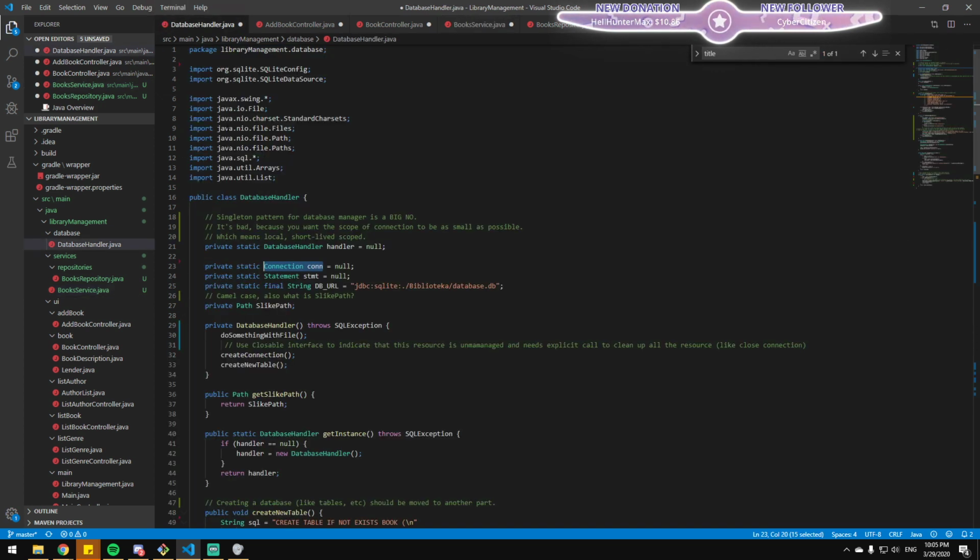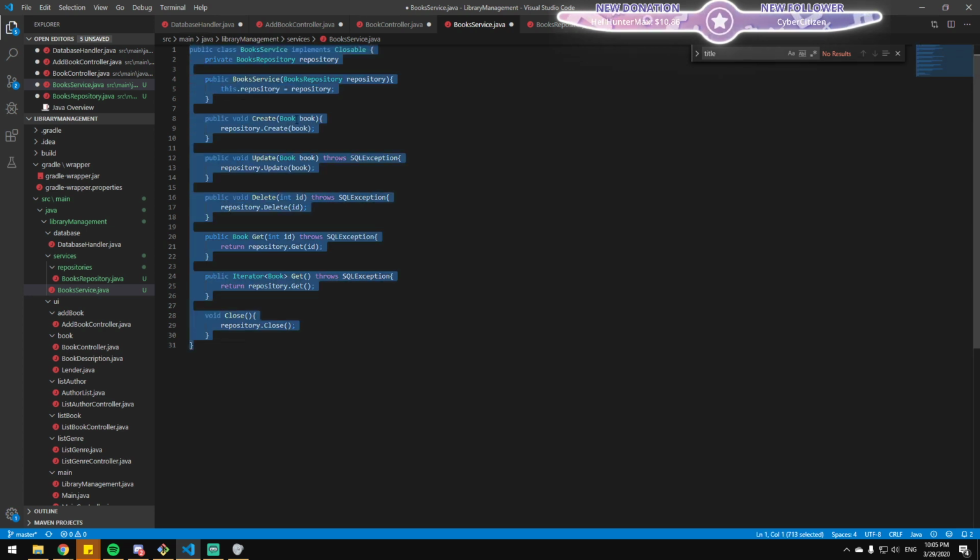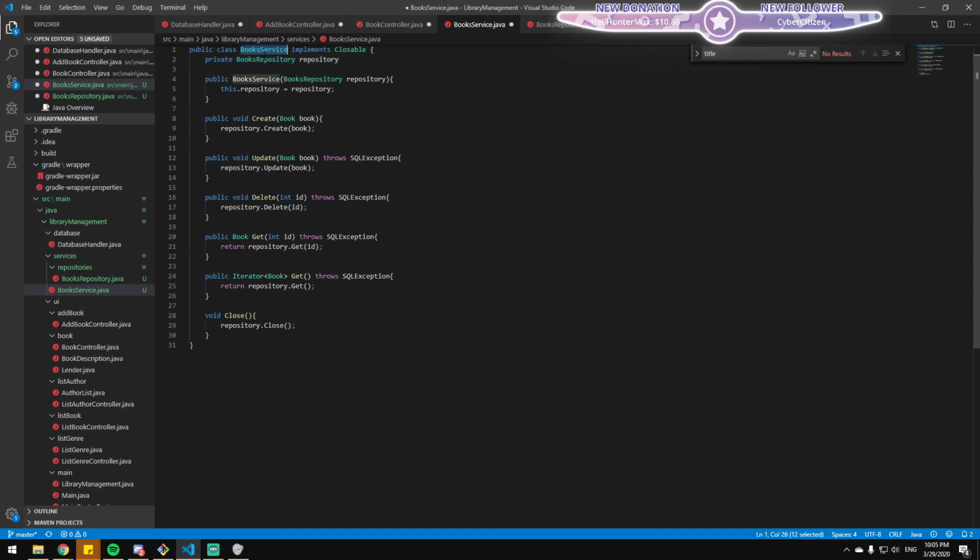This looks very redundant, probably to you, the guy whose code is being reviewed, but it's just to separate the concerns and move this to another layer, so that if complexity grows, if suddenly in your book service you have, let's say, a library as well or something. Your book service shouldn't implement closable. Right, because you would. What would you do? Why not? Or wait, it should. Never mind. Yeah, it should. I'm sorry.